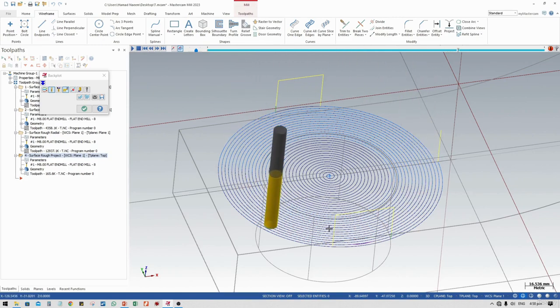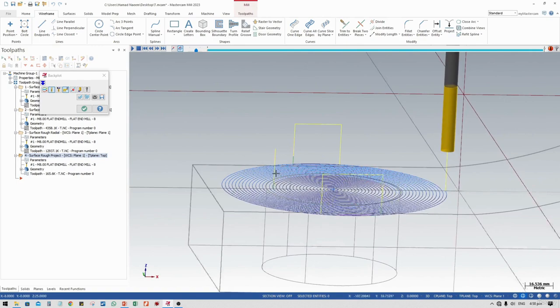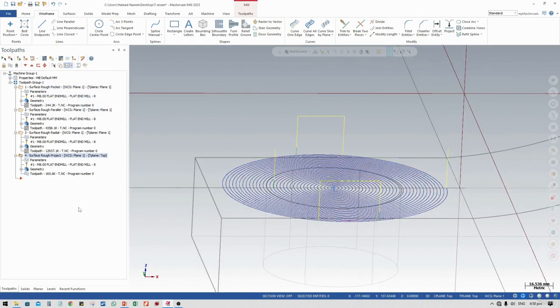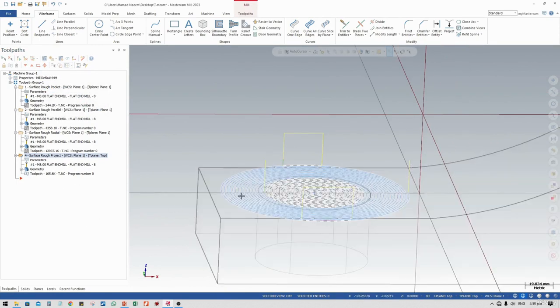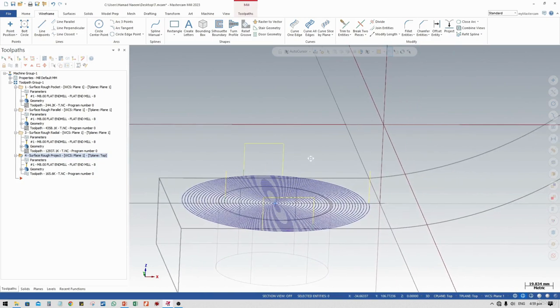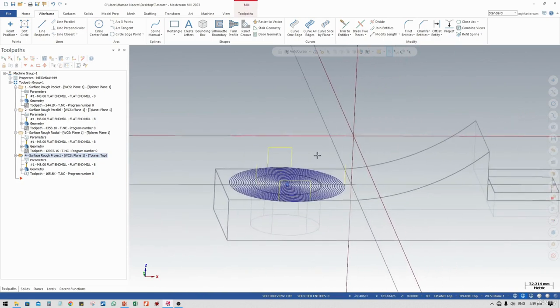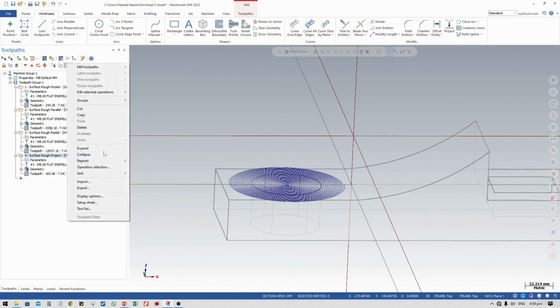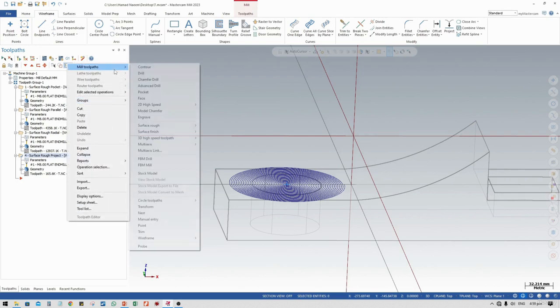The cutter tool will follow your project curves and will machine that area. So this is how the project curves work. If the project curves are high above that surface, it will project towards the surface and cut down the material. Okay. So we have done this, and now let's move towards another option, which is the next thing, which is surface